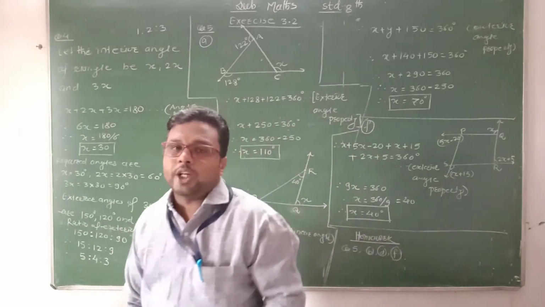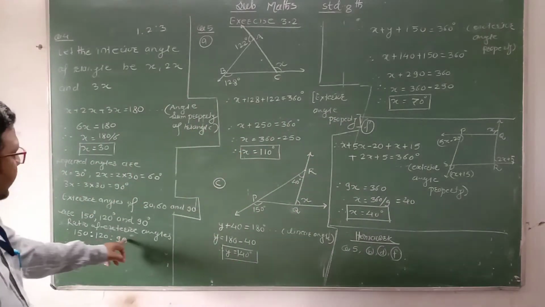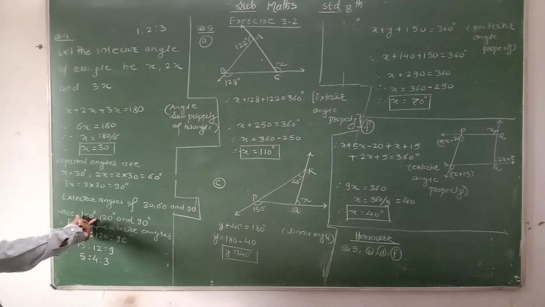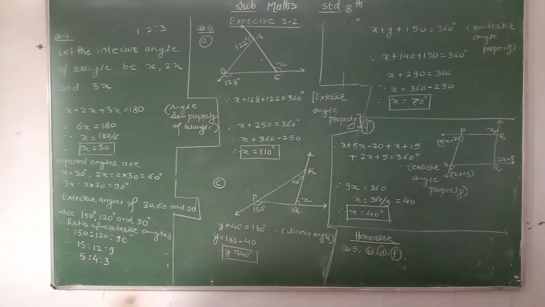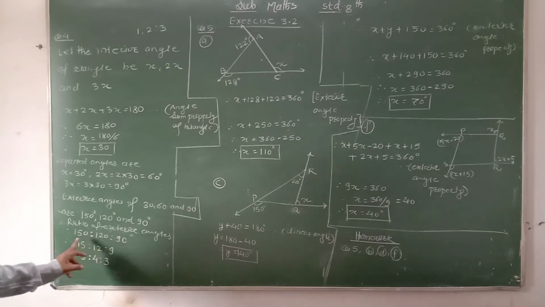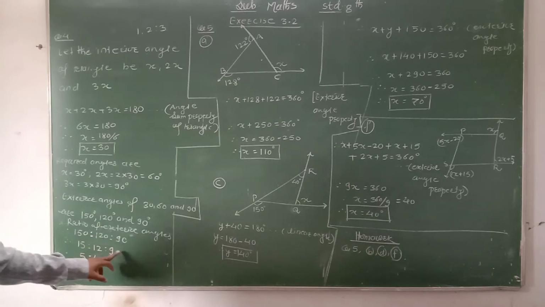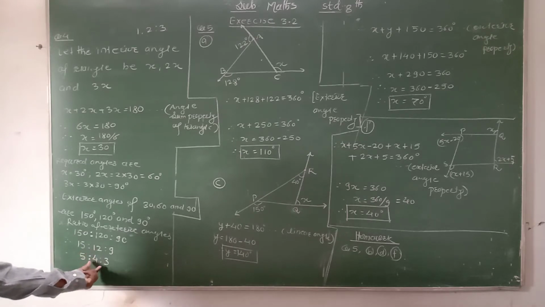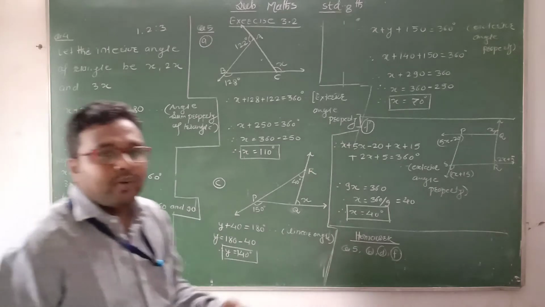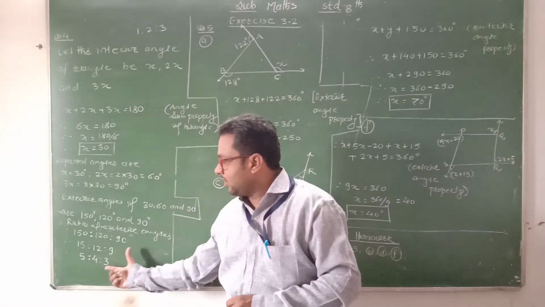Then we have to find out the ratio of the exterior angles. Ratio of exterior angles, which are the exterior angles? Here we find 150 degrees, 120 and 90. Okay, we divide all these numbers by 10. Then here we get 15, 12 and 9. Again it is divided by 3. 3 5s are 15, 3 4s are 12 and 3 3s are 9. In this way we get the simplest form, and 5:4:3 is the ratio of the exterior angles. This is the required answer.